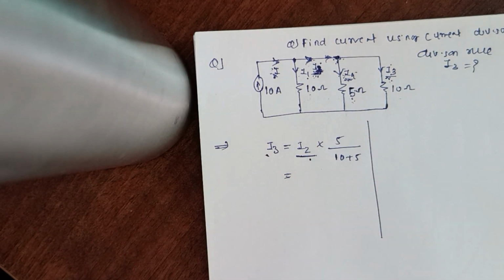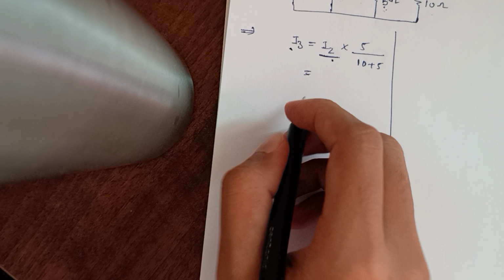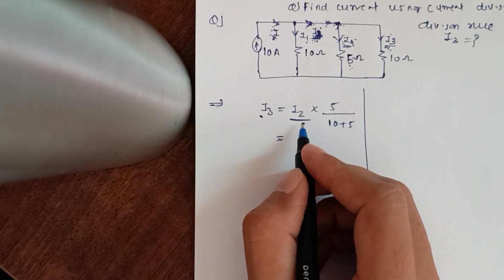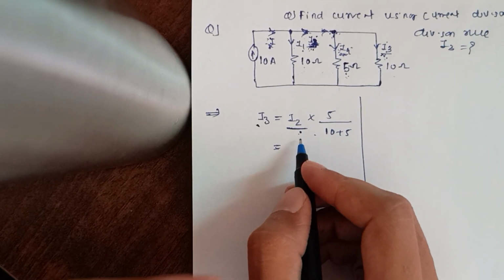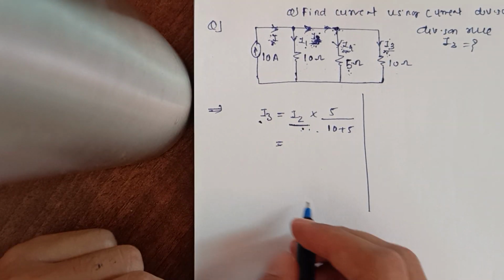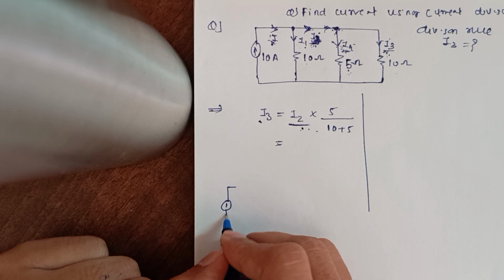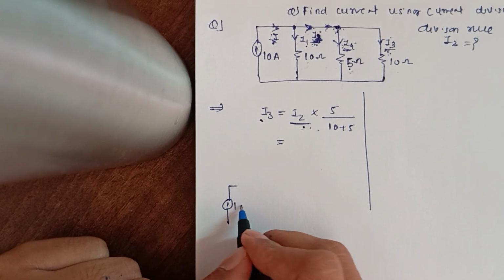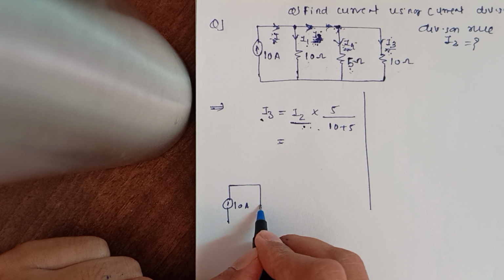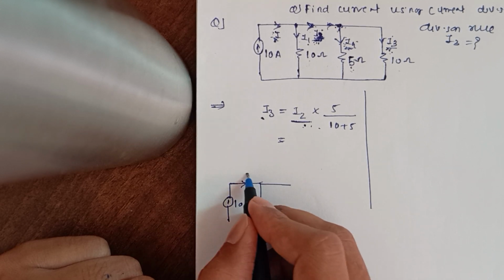Okay, so how will I calculate I2? I will calculate I2 by the current division rule also. Because if I get I2, I just have to replace I2 in this equation, and I will get the value of I3. So for finding I2, what I will do is make an equivalent of this circuit, the 10 ohm,